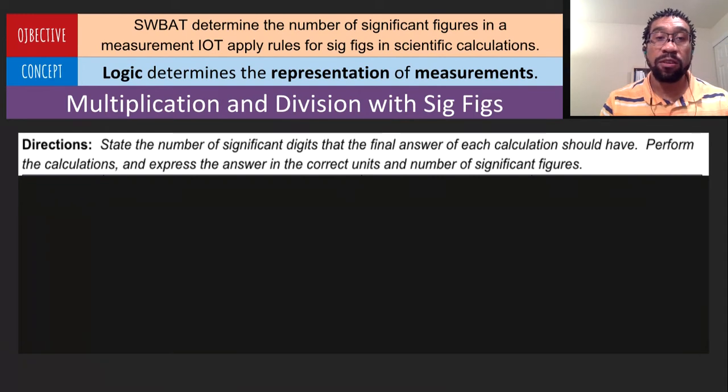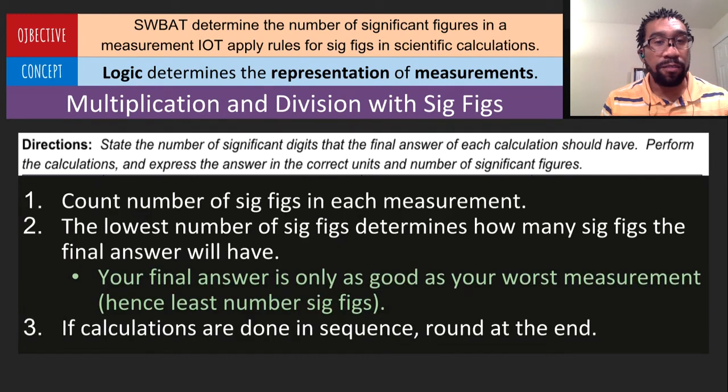All right. So here are the rules. Count the sig figs. Again, previous video, that is so important. Now, here's what ultimately determines how a final measurement is represented in a calculation, at least with multiplication and division. The lowest number of sig figs determines how many sig figs the final answer will have. Why? It's because your final answer can only be as good as your worst measurement. So if you have two measurements, one with 5 sig figs and the other one with